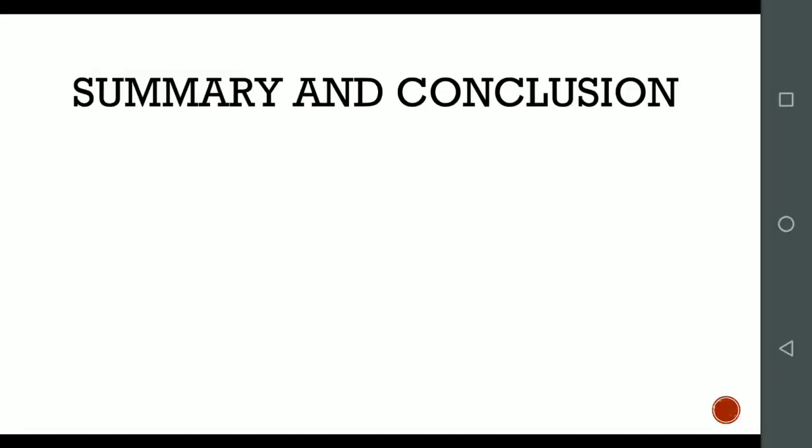Summary and conclusion. Today we studied one of the network analysis tools, that is the Gantt chart. It was named after its inventor Henry Gantt, and it was previously known as the harmonogram. It is a bar chart, a graphical representation of the duration taken by each task to get completed, and vertically we show the chronological events of the project and horizontally the time. So that was the Gantt chart presentation.